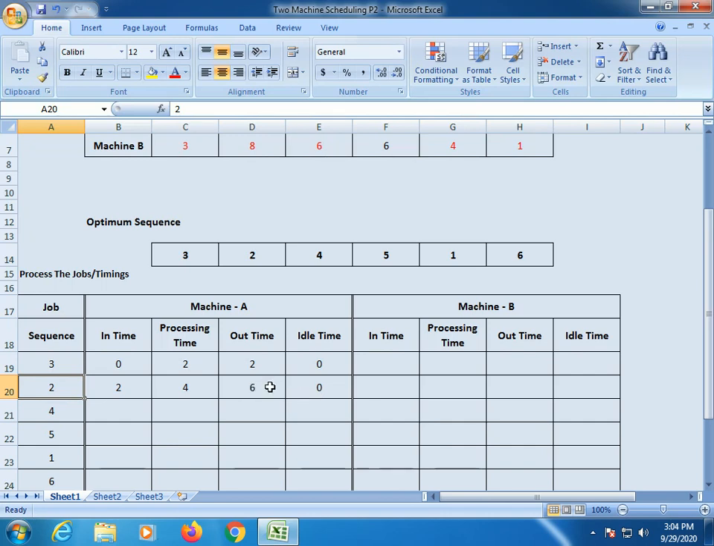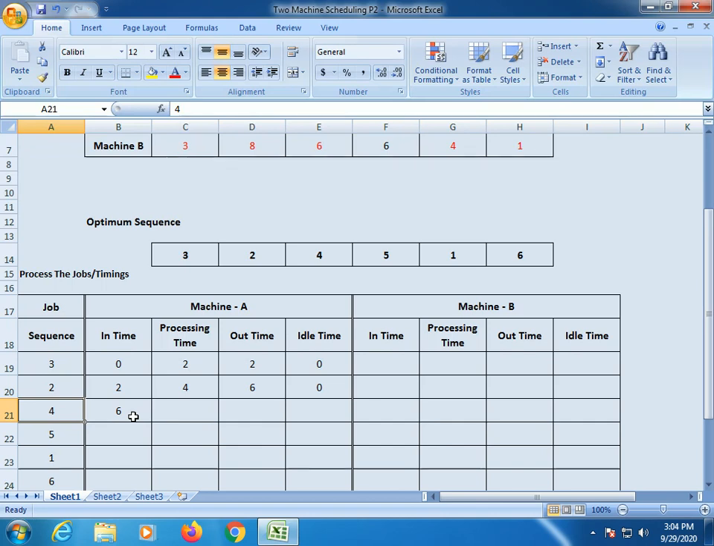Okay, so that's why here the idle time is 0. Then at 6 hour we have completed the job 2 on machine A. At 6 hour we can perform the next job. So this out time will become the in time of the next job. Okay, so we can perform the fourth job